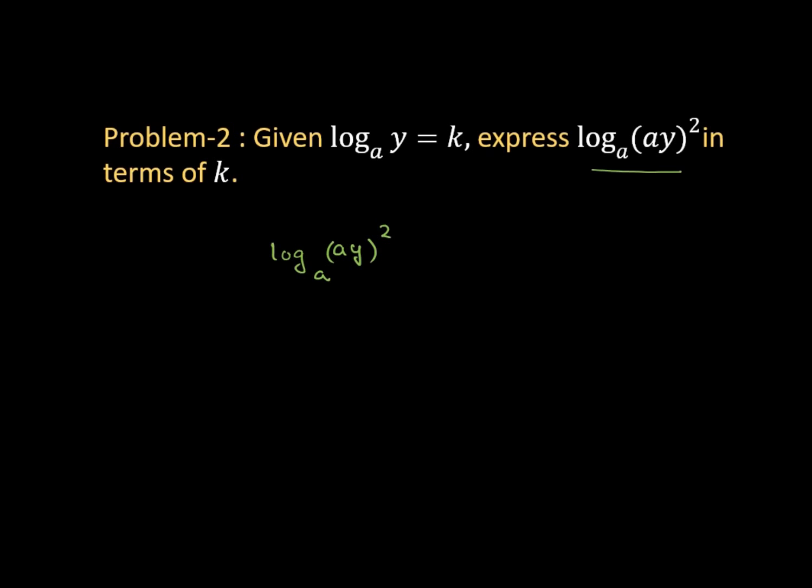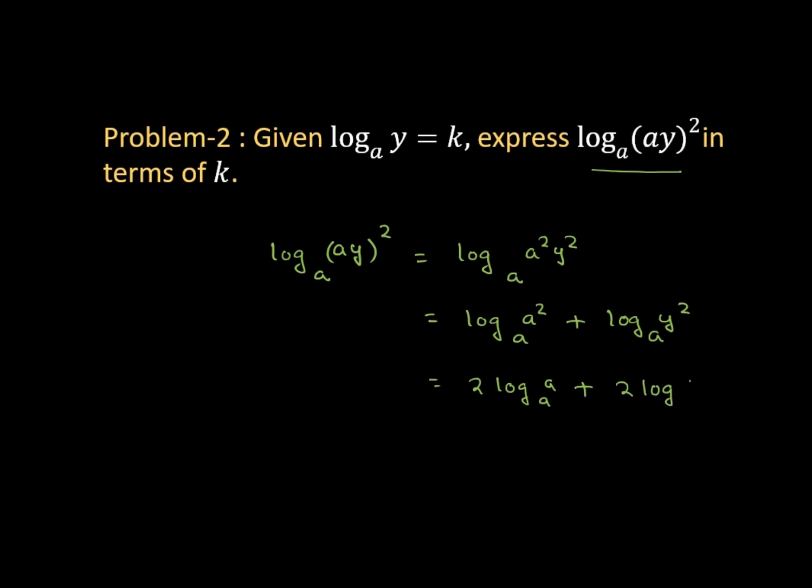I can write this as log of a square y square base a. Now this can be written as log of a square base a plus log of y square base a if I use the product law, and this can be further written as 2 log a base a plus 2 log